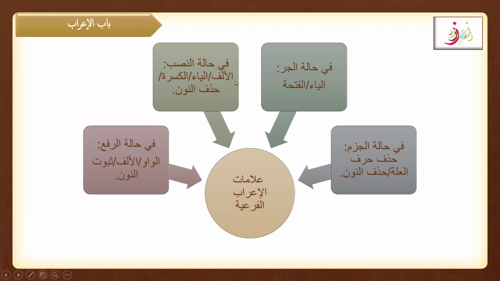For halat nasab, we see alif, ya, kasra, and hadhfun noon. Like for muslimatin, the nasab and the jar states are the same. So this is not actually the real sign for the nasab, because you know that for the nasab it is always fatha. For al-muslimati you see a kasra for the halat nasab,